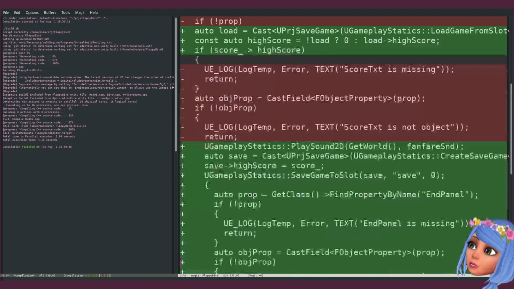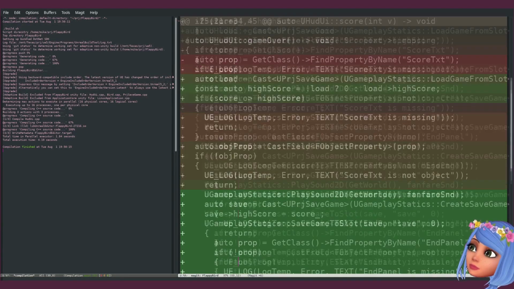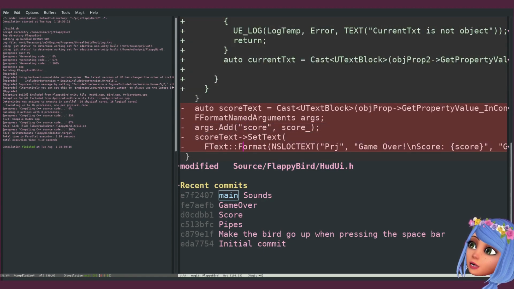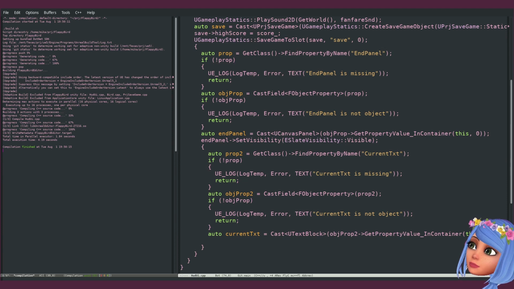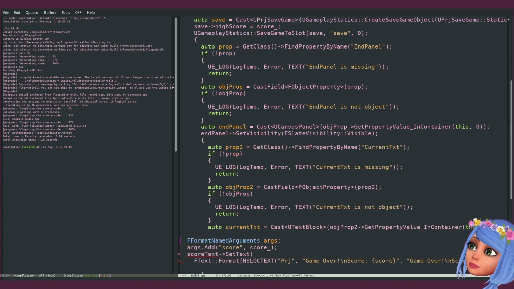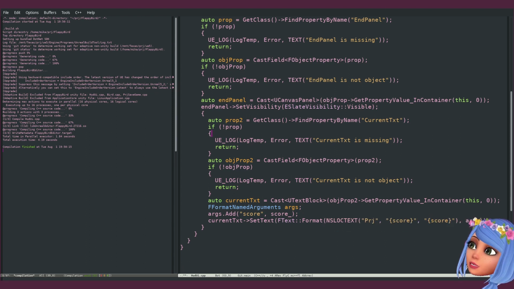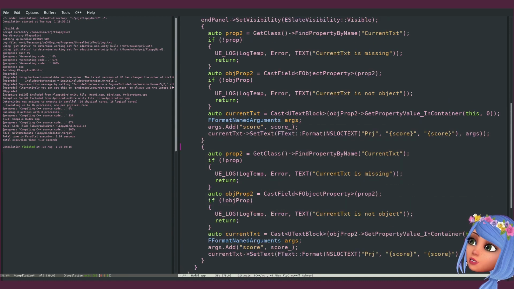So let's look at the div and set text. Let me just copy paste all this stuff. Score, current text, set text project, score. Okay, and I'm going to do for record,